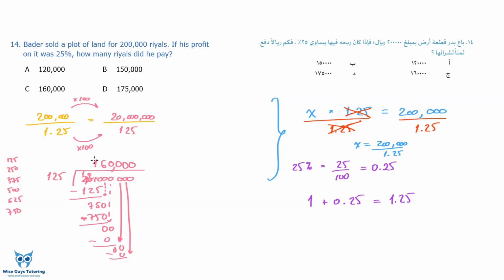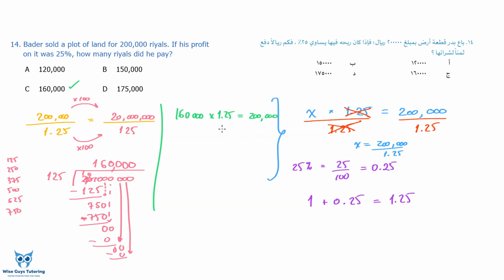But what it is, 160,000. That is the original value, which makes the correct answer C. So just to check and round off your understanding, basically I'm saying that he bought it for 160,000, and if he puts a 25% profit on it, it gives you indeed